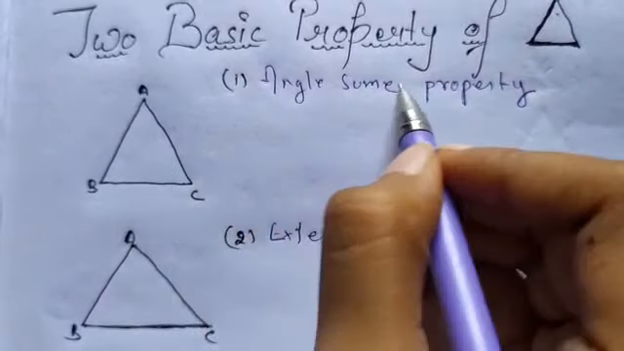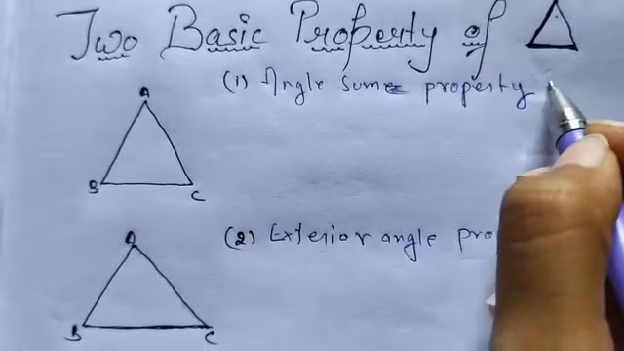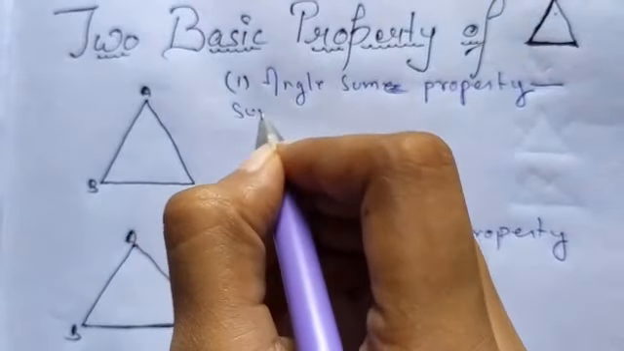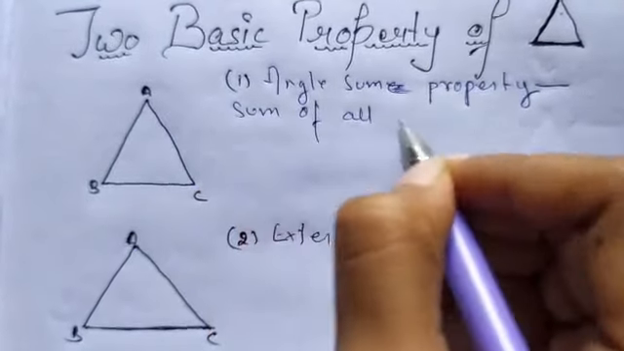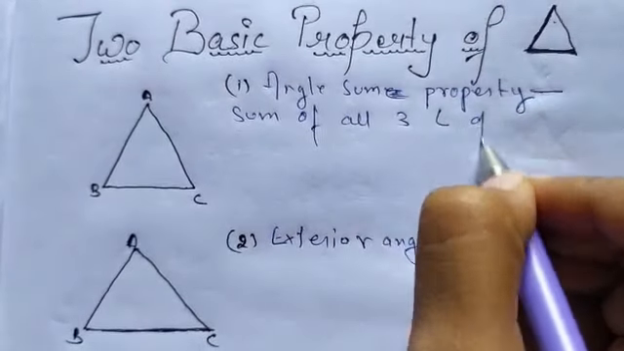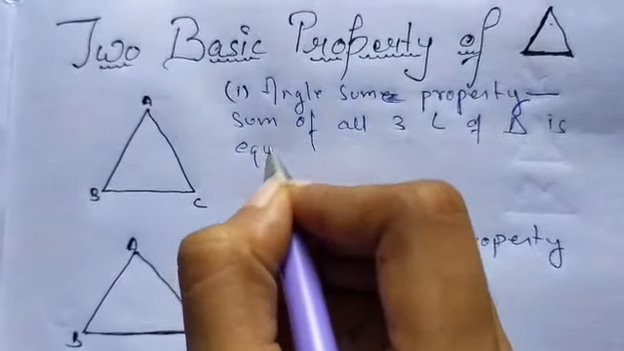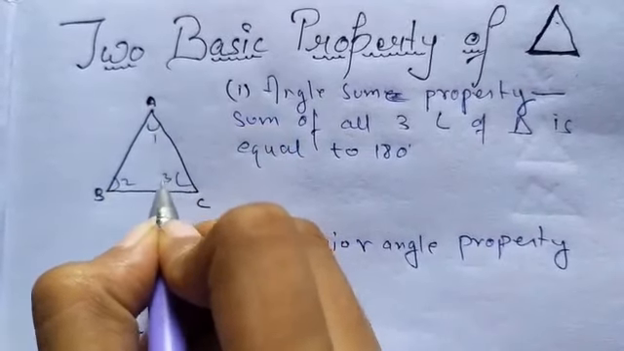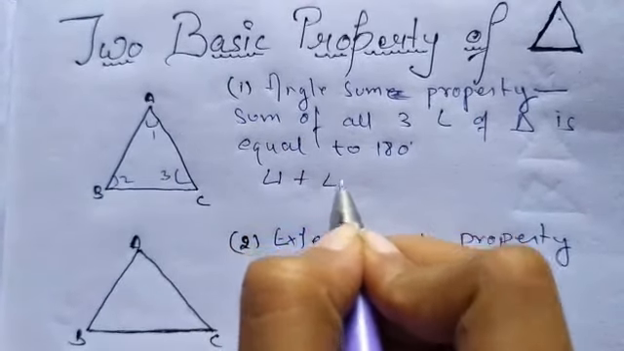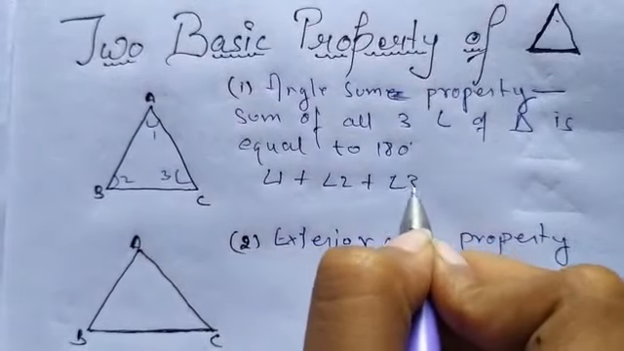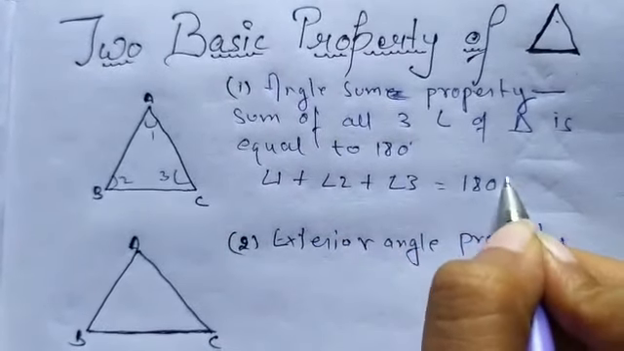Now, angle sum property states that sum of all the three angles of a triangle is equal to 180 degree. For example, in this triangle, angle 1 plus angle 2 plus angle 3 is equal to 180 degree,